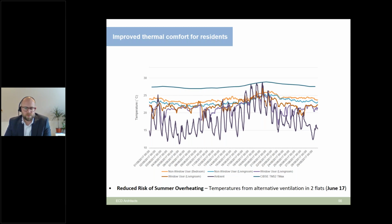I think it's fair to say that we always knew that the building, if properly insulated using Passive House methodology, wouldn't have a risk of lack of heat in the winter or lack of comfort, but that we were concerned about the potential overheating risk. So we modeled that very carefully to ensure we had the right windows, that we weren't causing increased risk of overheating. And we also, with Southampton, put in monitoring on properties where there were residents using their windows and others where they were not using the windows, and to see the differences on that over